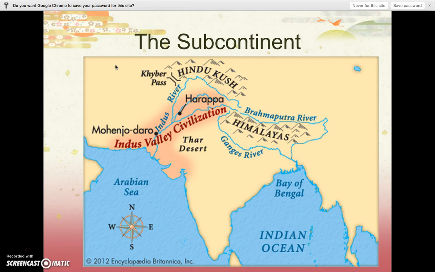So the Indus River Valley civilizations, as far as time is concerned, are essentially the third major civilization that develops in AP World History. The problem with studying the history of the Harappan or Indus River Valley civilizations, we actually tend to say Harappan civilizations when talking about both Harappa and Mohenjo-Daro, just to let you know.